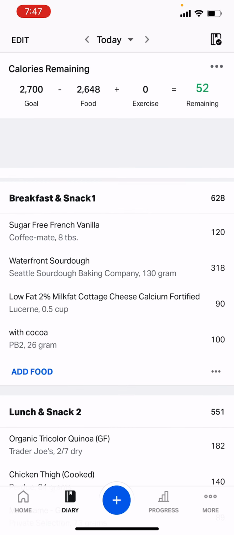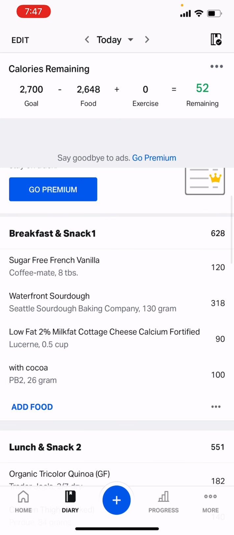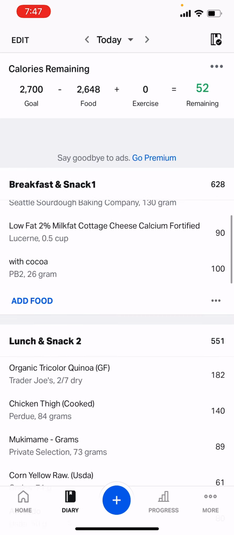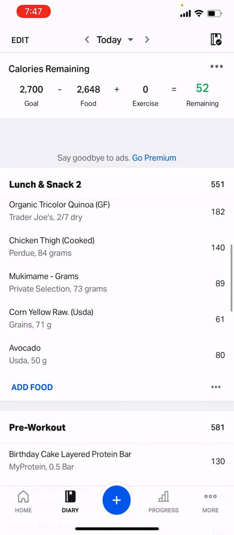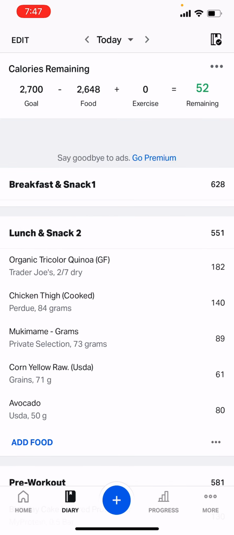all the foods that you've added to each meal for the day. Now I believe the standard for MyFitnessPal is just breakfast, lunch, dinner, and then snacks. I've customized my meal names just based on how I like to eat. You can feel free to do that. I believe that's under the More tab as well. There's a whole bunch of different cool functions that I won't go over in this video, but feel free to